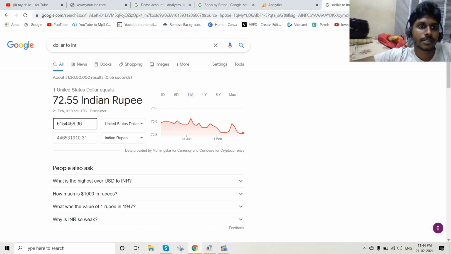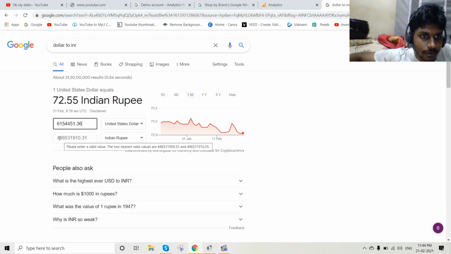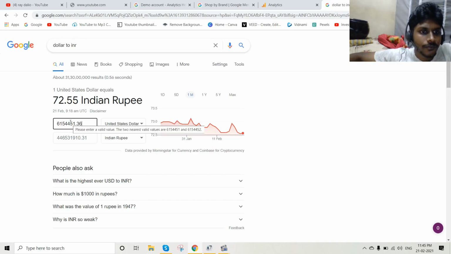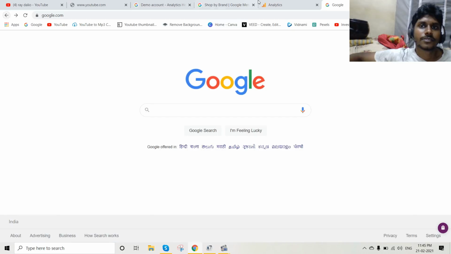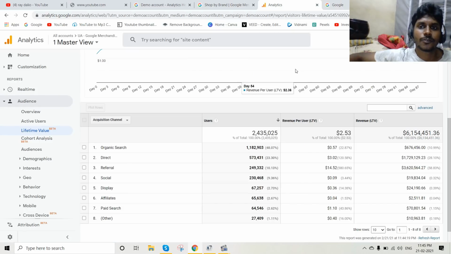They have earned almost, oh my god, this is huge money. 44 crores, 65 lakhs, 31,910. Oh my god, that's a huge money. So far they have earned somewhat like 44 lakhs, and that's huge money, guys. Anyways,